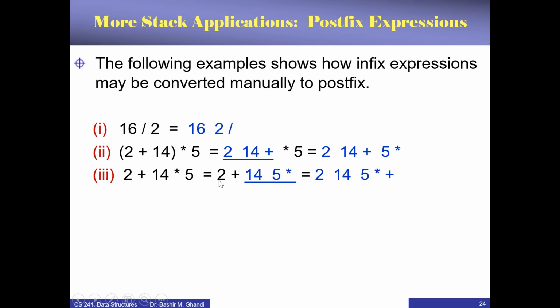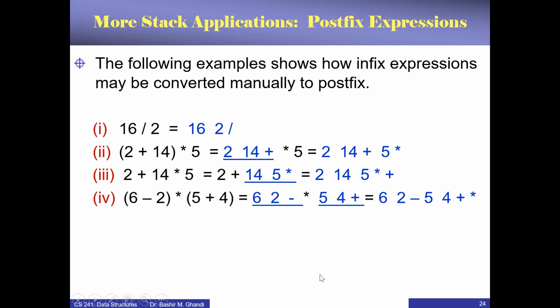Okay, so now 2 plus that term will be 2 14 5 times, and then the operator plus will go at the end. Okay, so this is the conversion of this one to postfix. You can see this and this are completely different. Even though here they look the same without the brackets. This is why postfix always gives you a unique expression. The next example,